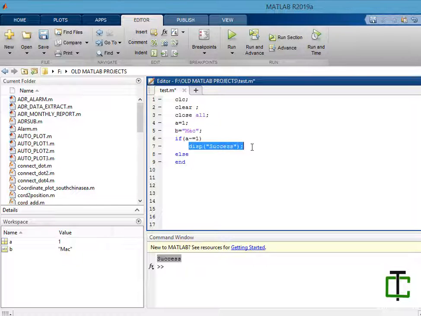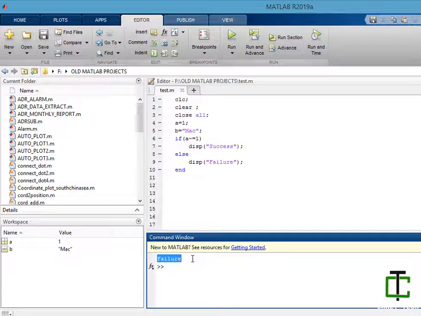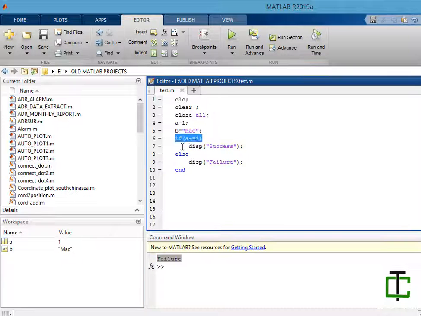Okay, so let's make it failure. Okay, so it's working. This is the simplest example of if.